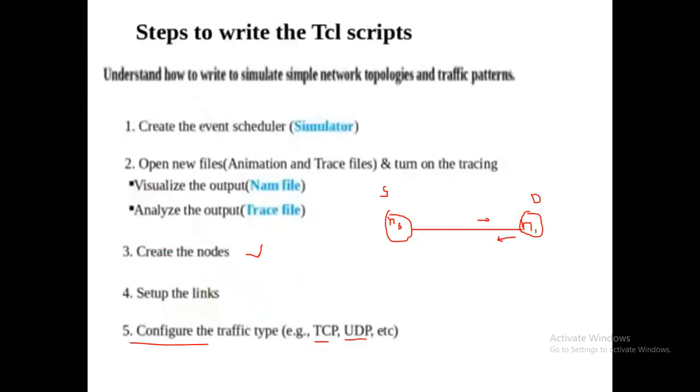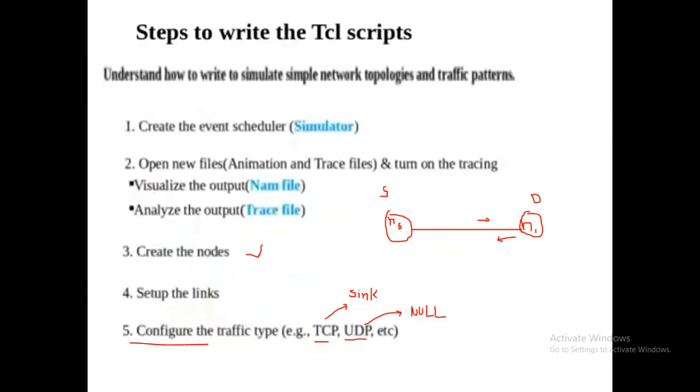Another thing is very important, you will come to know later when we are designing. Whenever you are using TCP, at the end, the destination node, you should have a sink. So we will have a sink when we go for a TCP connection. When you go for a UDP connection, the end node or destination node is called a null node. This is very simple. Why? Because in UDP only the data will go. There is no acknowledgement. In UDP you are not worrying about the acknowledgement. So when you are using UDP, null will be there. When you are using TCP, we are going to have a sink.